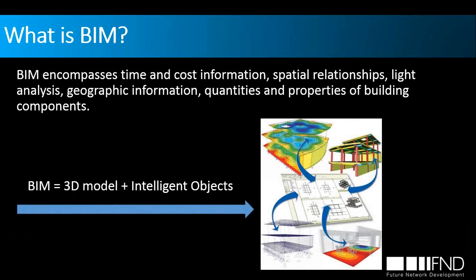Before, we were still just showing the columns, beams, and other building elements. But here we are also assigning different kinds of attributes to the objects, which give us information on how long it is going to take to build and what the cost of it is,